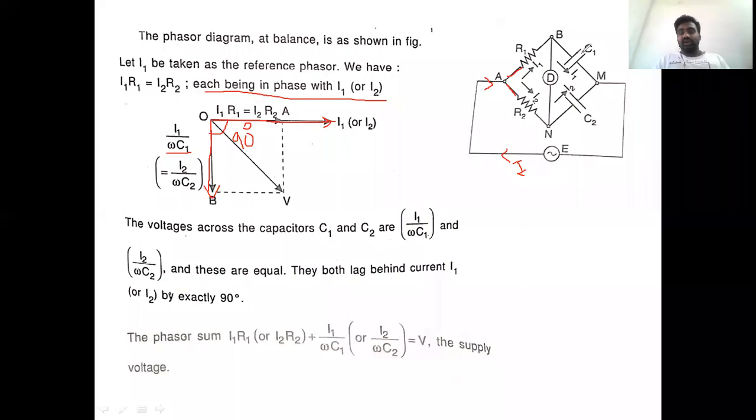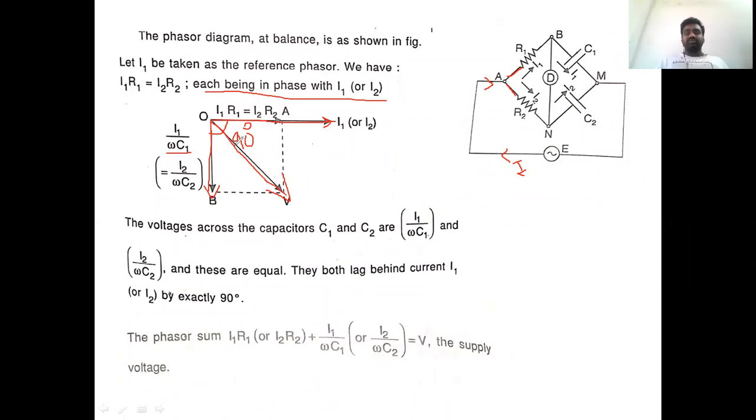We have shown here the behavior of currents also. Up to now we represented the behavior of currents in this particular phasor. How to represent the behavior of voltage? Always the voltage is a resultant with respect to the currents flowing. Voltage across the capacitors C1 and C2 and the currents I1 and I2 are in phase with respect